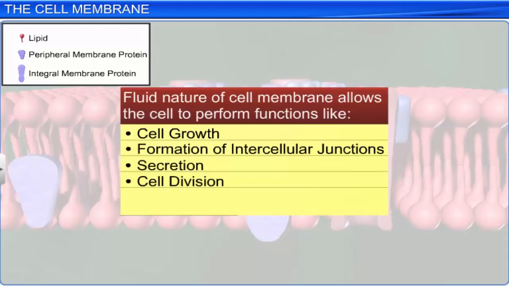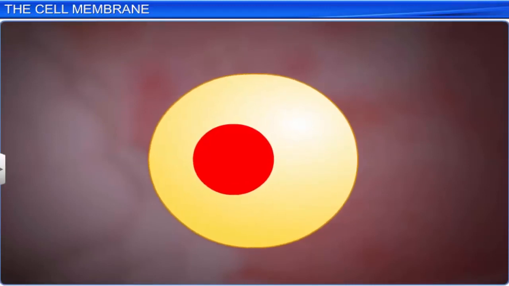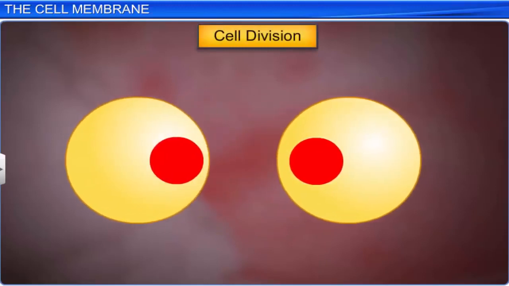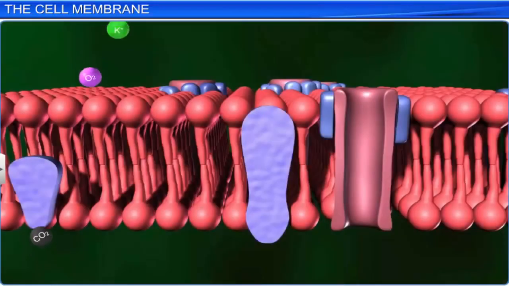All these functions require flexibility in the membrane. For instance, during cell growth and cell division, the membrane has to extend. The cell membrane also guards the entry and exit of different molecules and ions in and out of the cell. However, the cell membrane is selectively permeable,